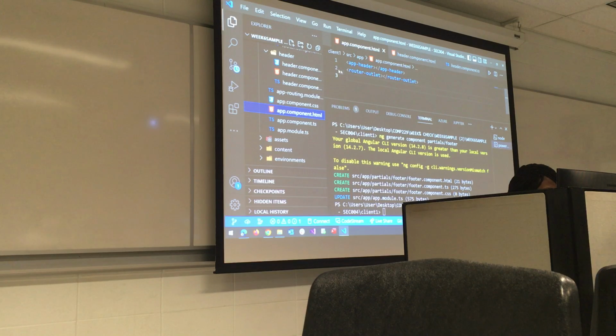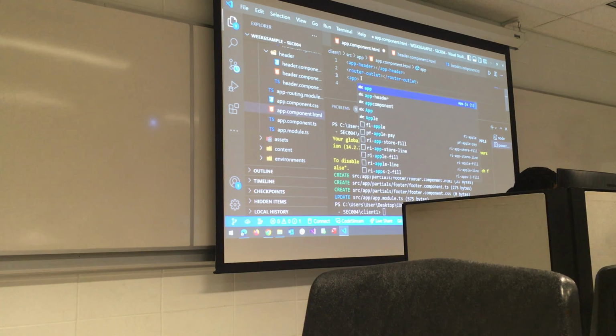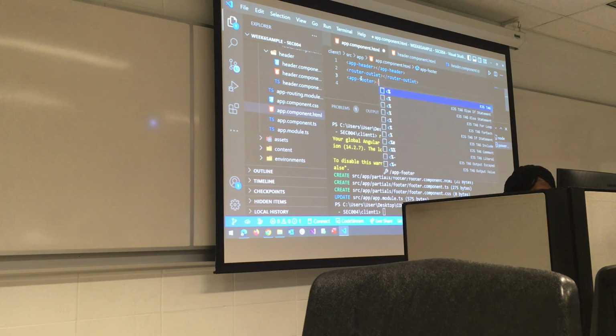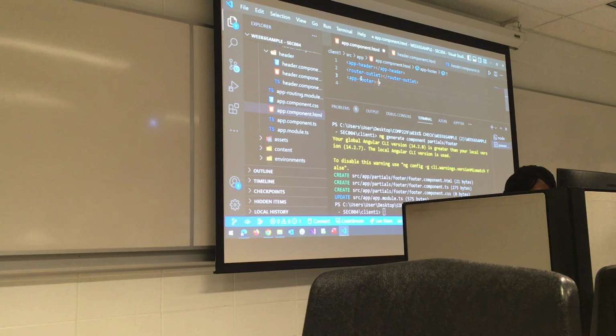After the header and after the router, we will add that of the footer so that the footer too can appear. Just replicate the app header and change that header to footer. App-footer. So we close that app-footer. You save that. If you go to the browser window, you will see that the footer too has been added.